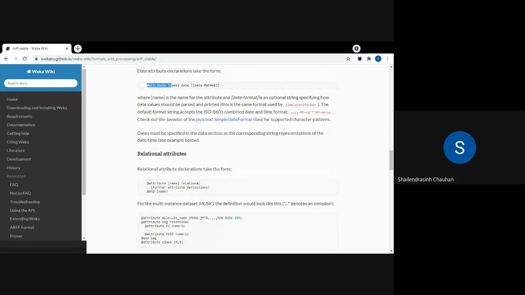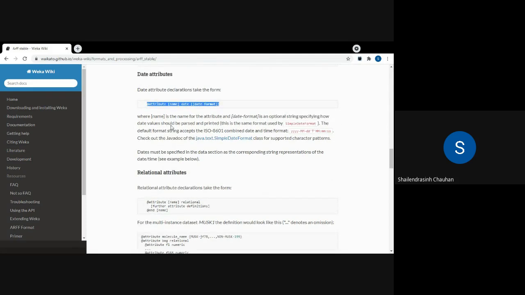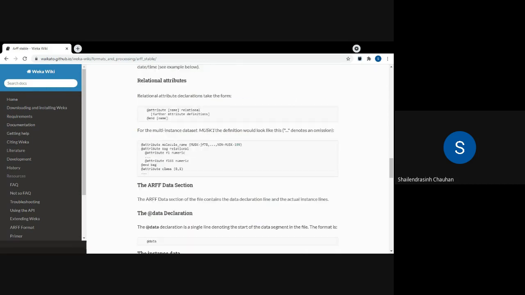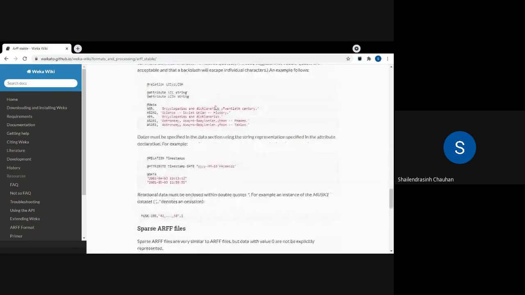This is the format for the date type of attribute. @attribute, the name of that attribute, the type will be date, and then the format. The format can be like this: yyyy-MM-dd. Then if you want to include hours, minutes, seconds, that is also possible.